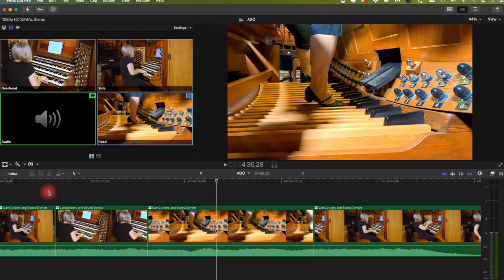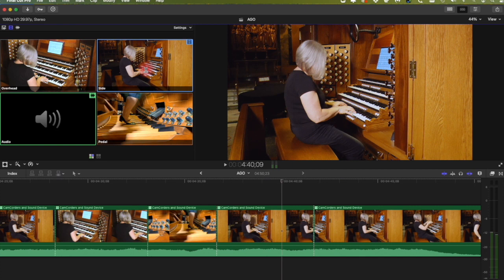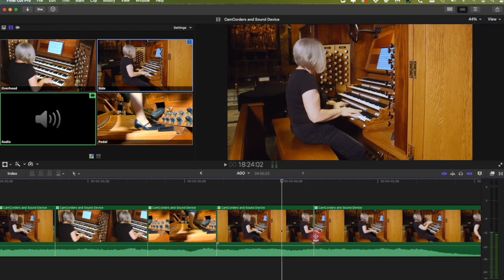Okay, so let's jump here to the side. But I have the side coming up again. I don't want that. So I'm going to select that and hit the delete key. I've just removed that camera switch. So now,